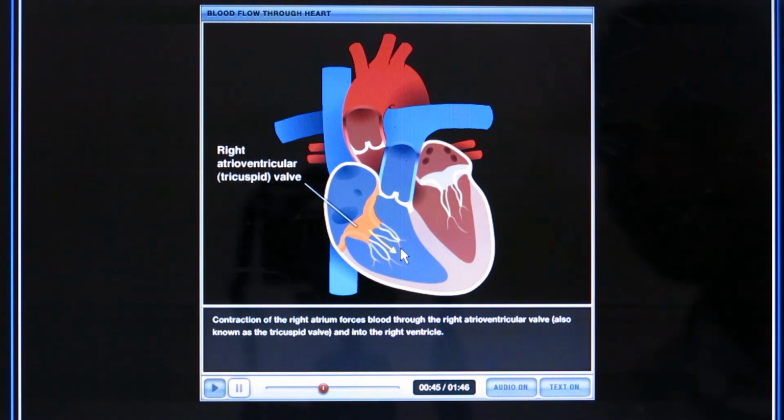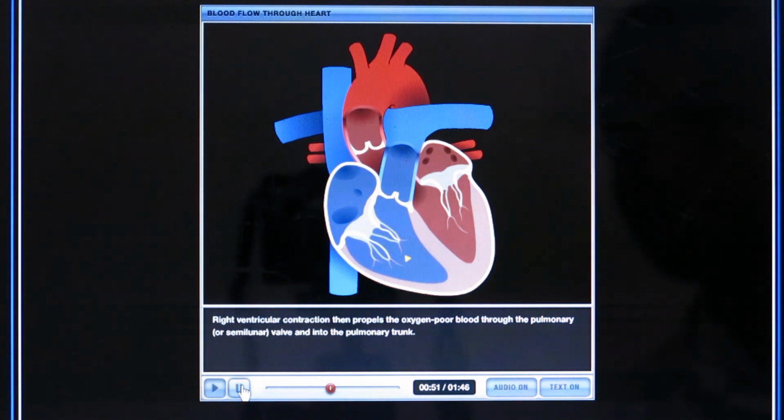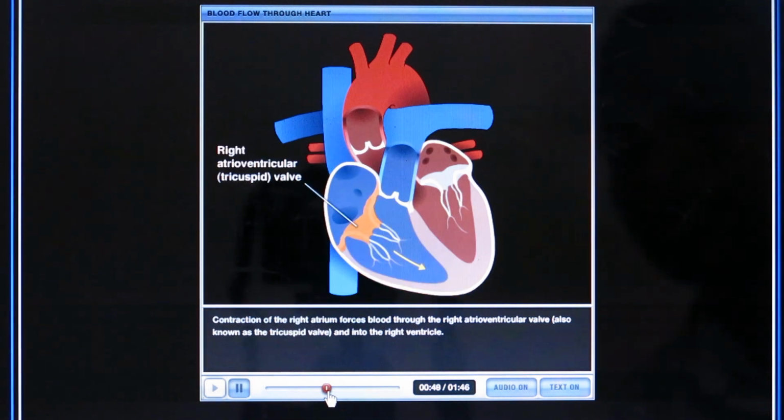Then blood will be pumped into the right ventricle through a structure called as valves. We say tricuspid valves. Tricuspid valves means there are three shutters or cusps for this particular valve. It is a small structure between right atrium and right ventricle, where the blood is passed from right atrium into the right ventricle. And one more function of this is it will prevent blood going back into the right atrium.